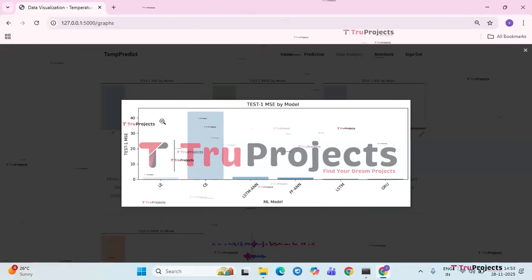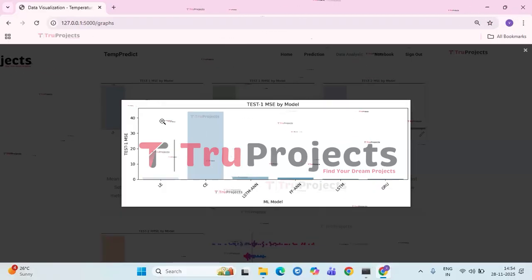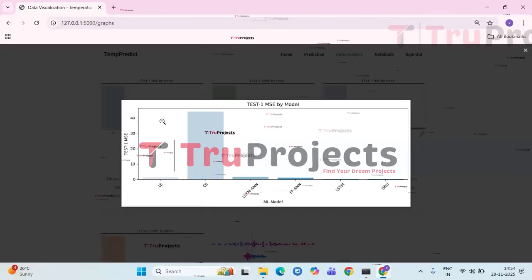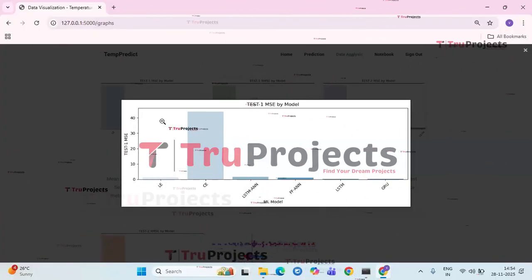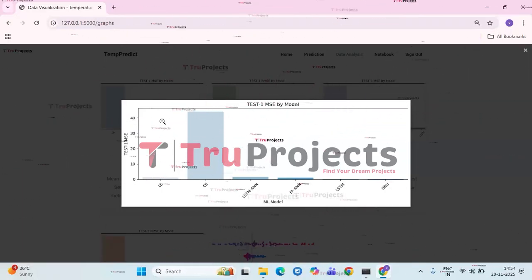The FFANN and LSTM-ANN models perform better than CE, but not as well as the recurrent architectures. This graph reinforces the consistent pattern that recurrent neural networks like LSTM and GRU are the best performing models on test one, providing the most reliable and stable predictions.